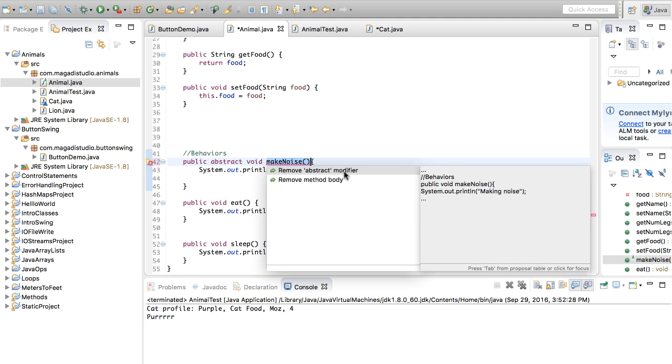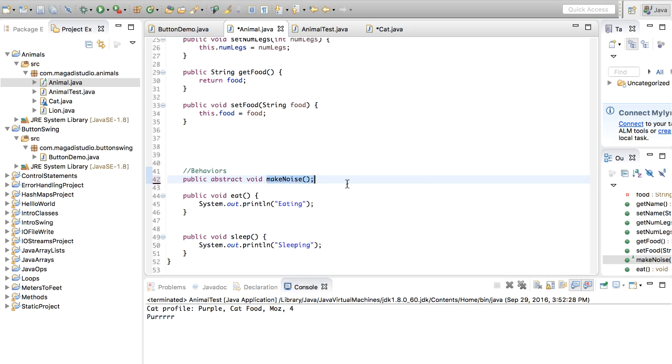If you click here, it's going to say something very cool. It's going to say remove abstract modifier as the first option. The second is remove method body, because every abstract method is not supposed to have a body. Well, why is that? Because the whole idea is that if it's abstract, we want to be able to implement that method in the child class. Meaning, if we do this, we're saying that make noise